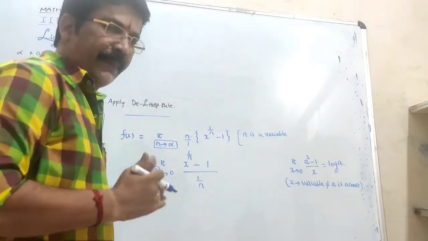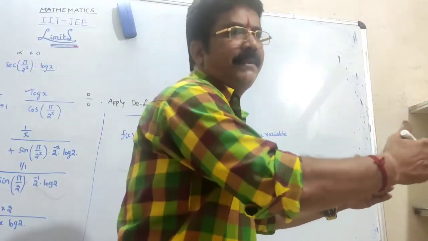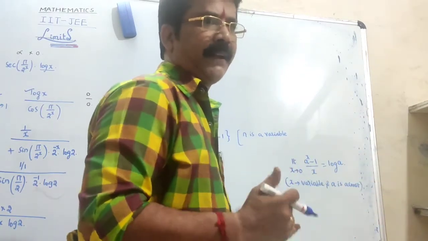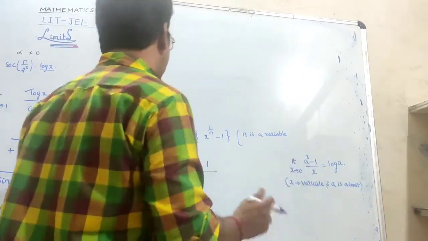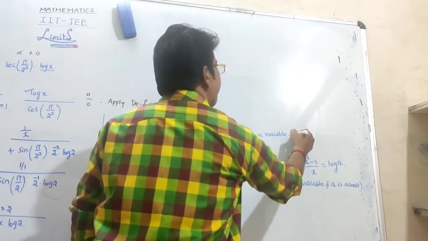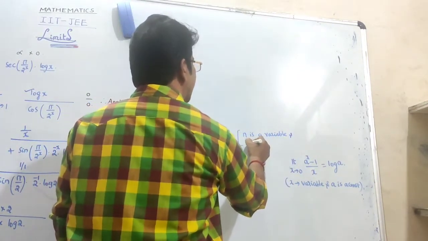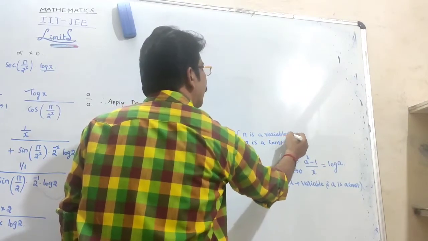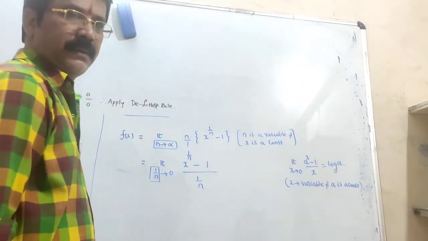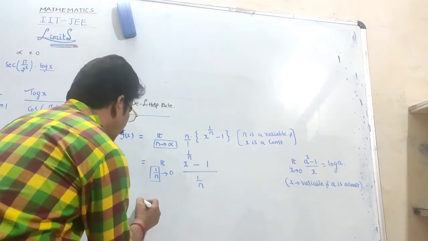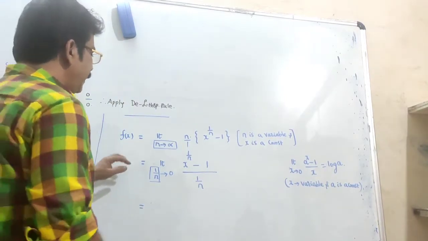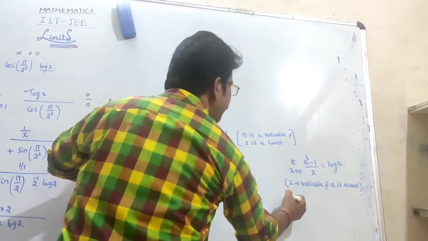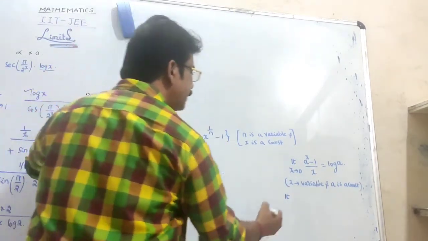N is approaching infinity just like that. Therefore, it is a variable. The value of n is variate. Next, x is a constant. Remember. Understand? Right. So that is equal to, it is nothing but limit capital X tends to